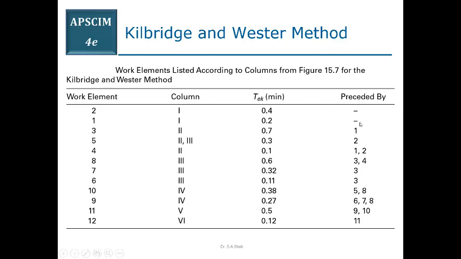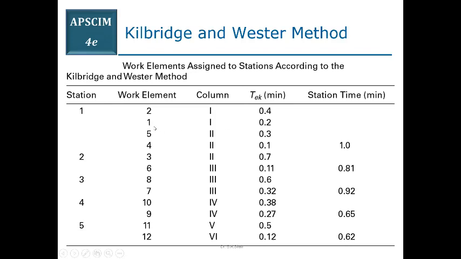In this case, work element number 1 is also a feasible element whose processing time is 0.2 minutes, and it does not have any predecessor, so we can assign this also. So the next operation that we can assign to the same station is work element number 1. Its processing time is 0.2, so in total we have 0.6 minutes, so 0.4 minutes of time is still left